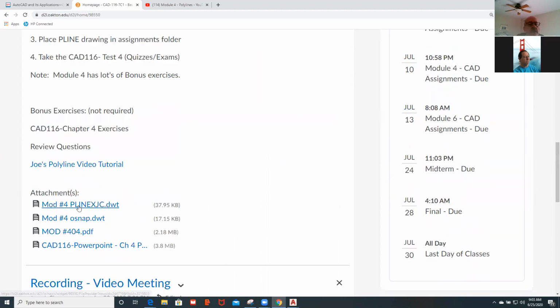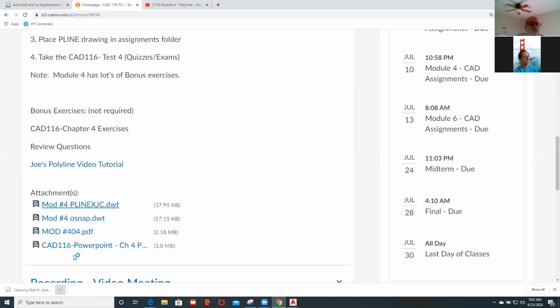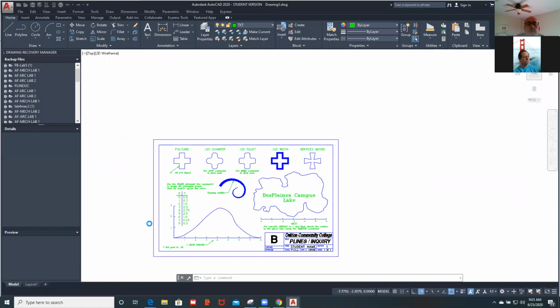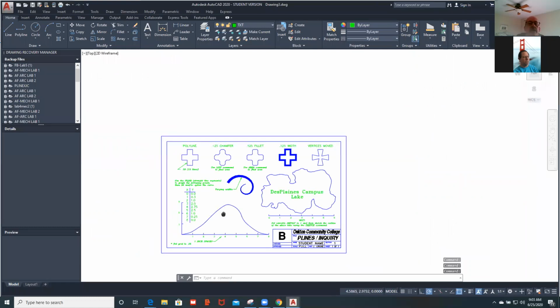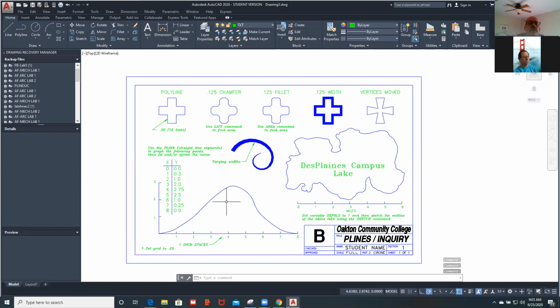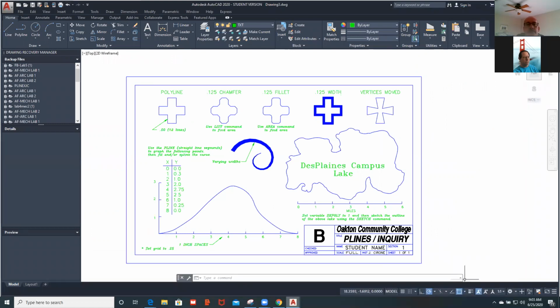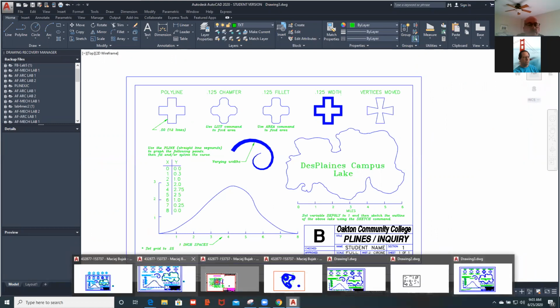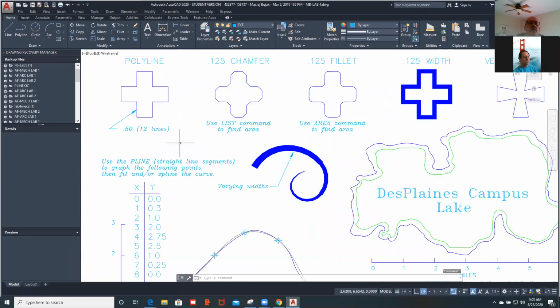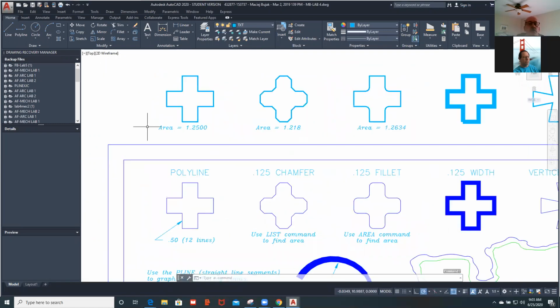And so if you click on this link right here and you open it, you will get the basic drawing for polylines. And in this exercise, you just need to repeat how it's done. And so if I look at a student who's completed it, what we're going to do is just to tell you to go ahead and recreate these shapes with polylines